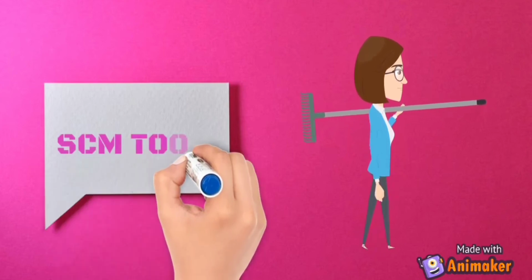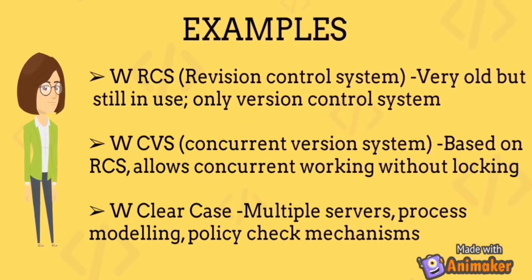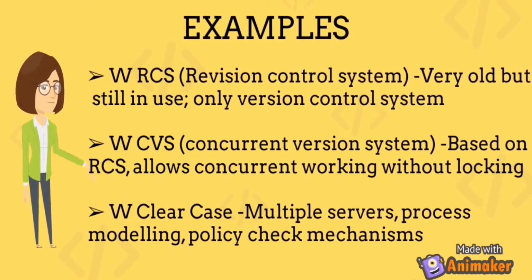Software configuration management tools. Software configuration management is normally supported by tools with different functionalities. Examples: RCS, Revision Control System, is an early implementation of a version control system. It is a set of Unix commands that allow multiple users to develop and maintain program code or documents. CVS, Concurrent Versions System, is a program that lets a